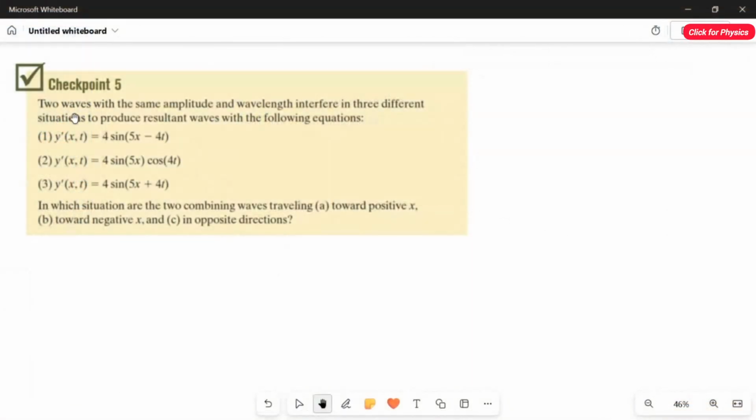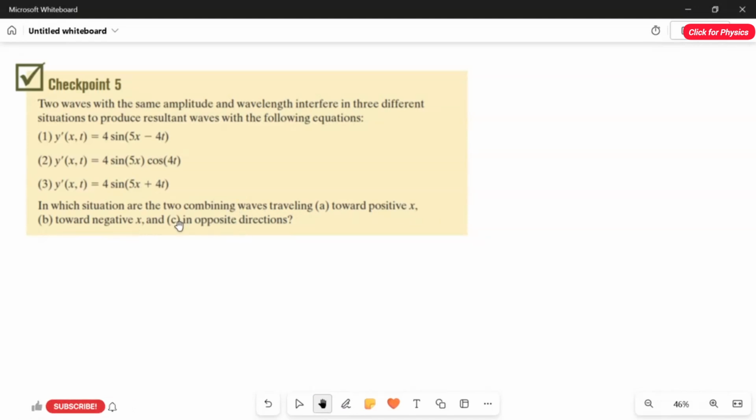Checkpoint 5. Two waves with the same amplitude and wavelength interfere in three different situations to produce resultant waves with the following equations. The first equation, y'(x,t) = 4 sin(5x − 4t). The second equation is y'(x,t) = 4 sin(5x) cos(4t). And the third equation is y'(x,t) = 4 sin(5x + 4t). In which situation are the two combining waves traveling (A) towards positive x, (B) towards negative x, and (C) in